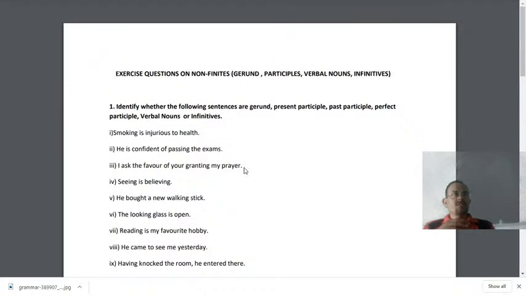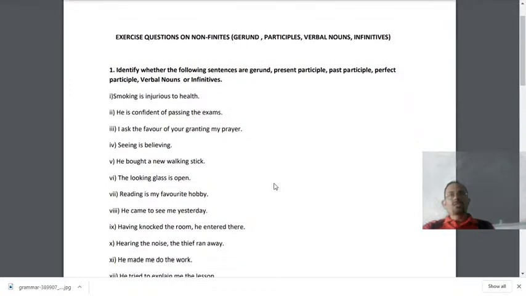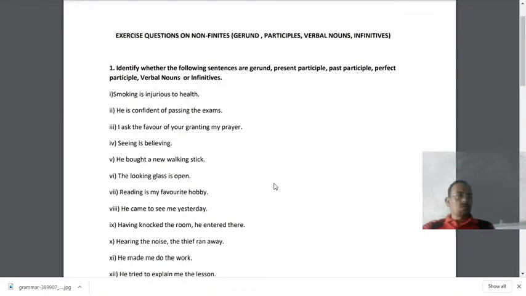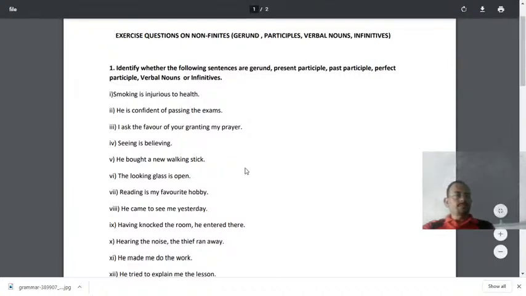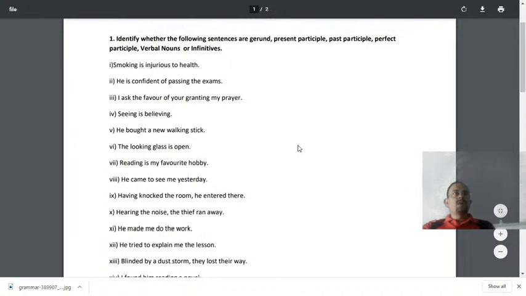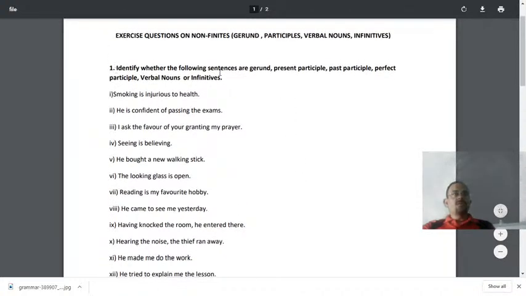Here you are, dear students, you see the new file, a worksheet has opened here. So now you see the question: identify whether the following sentences are gerund, present participle, past participle, perfect participle,